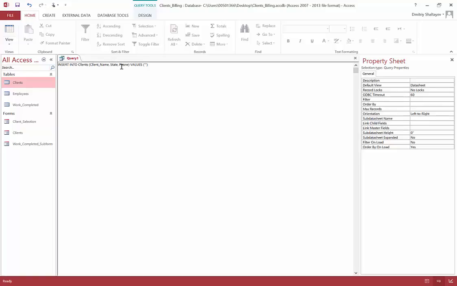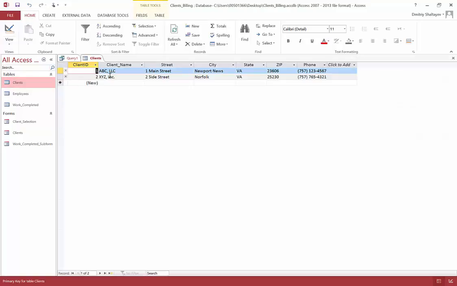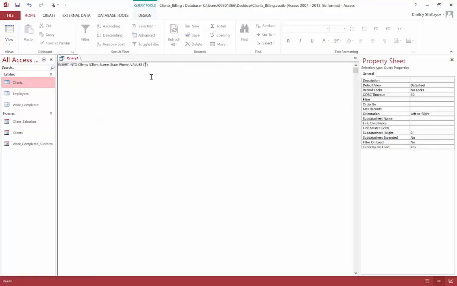And between quotation marks, I'm going to put the client name. Now, what clients do I have right now? I have ABC and XYZ. So let's say my new client name is Qwerty, limited liability company. Then after this string, I have to put a comma, so that corresponds to the client name, and I have to insert the state. State is also a string of characters, so I have to open and close the quotation marks, and I'm going to put, for example, Maryland MD, okay,